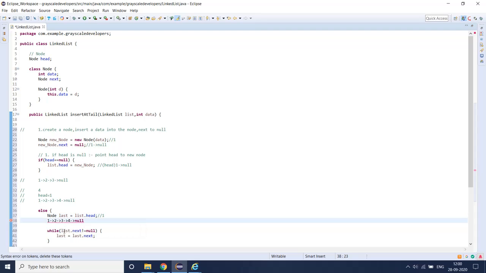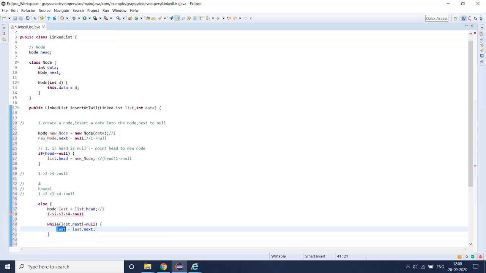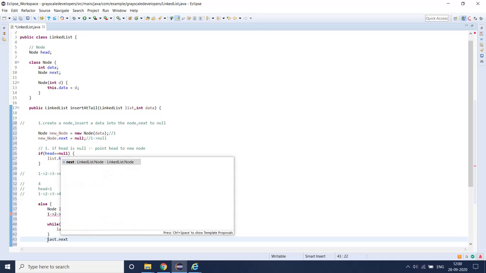Last dot next not equal to null. So when it comes here, so 1, yeah, it will go. For 2 also this loop will execute. For 3 also it will execute. For 4 also it will execute. When it comes to 4, so 4 dot next is equal to null. So this loop will fail. So it will go to 4. So I found out, so in the last I have 4 here. And then what I have to do is last dot next equal to the new node.